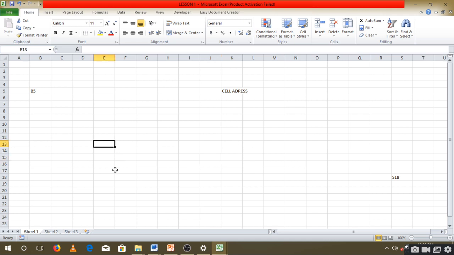Now, how do we easily identify the name? Like, you may be very far and you may not easily tell where you are. So what you do, for example, when I am here, there is a point called the name box. The name box gives us the name of that given cell which is highlighted at that given